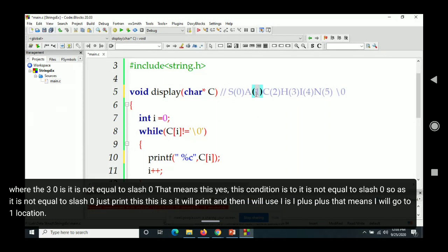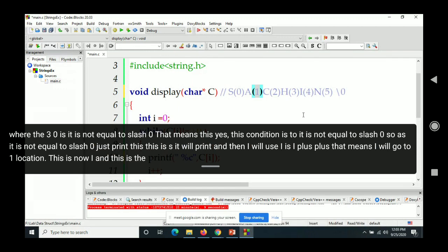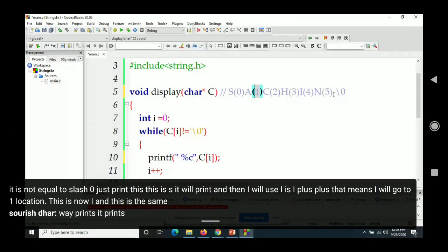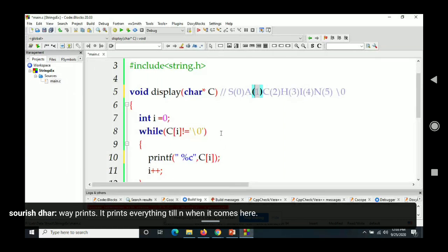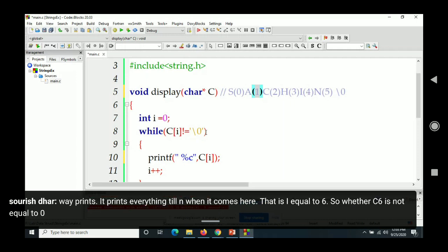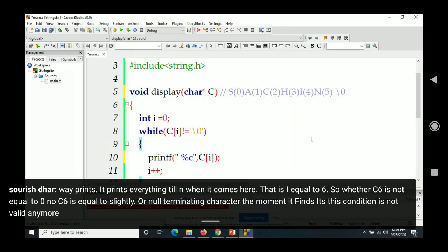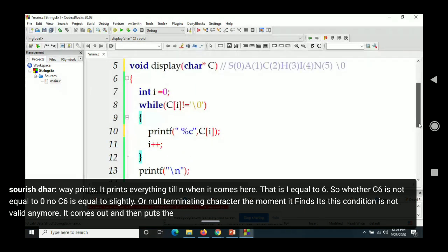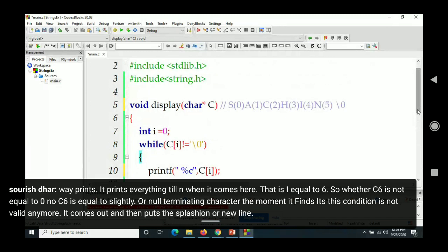This is now the next character, and in the same way it prints. It prints everything till the end. When it comes here, that is i equal to 6, whether C[6] is not equal to '\0', no. C[6] is equal to '\0' or the null terminating character. The moment it finds this condition is not valid anymore, it comes out and then prints the '\n' or new line. Did you get the idea? What actually are we doing?